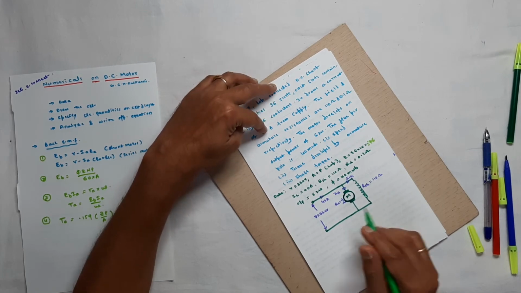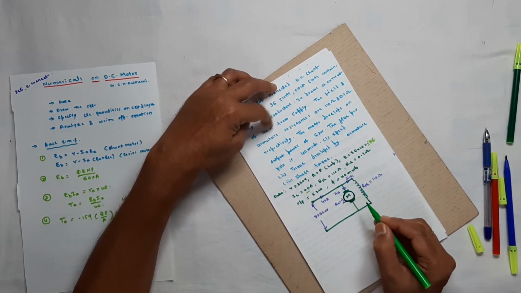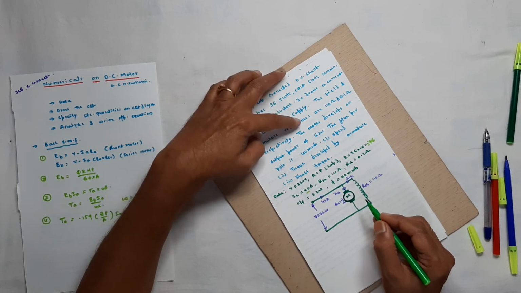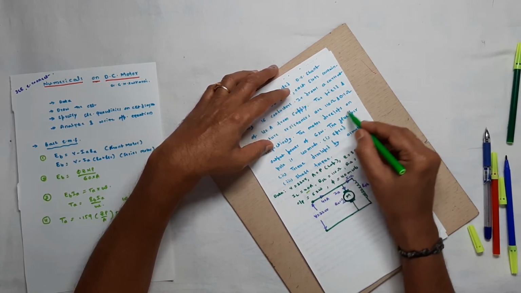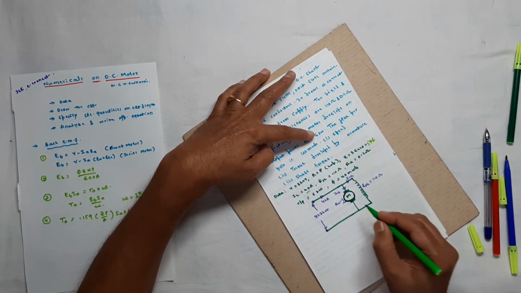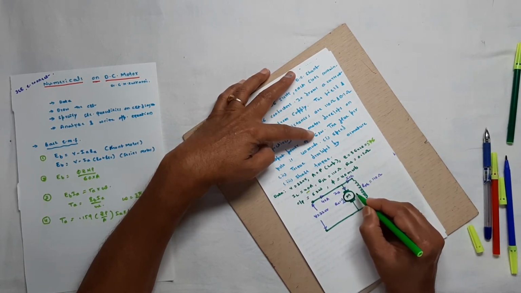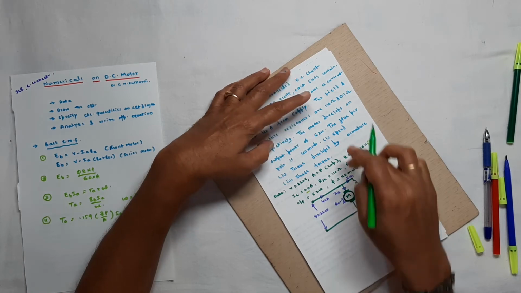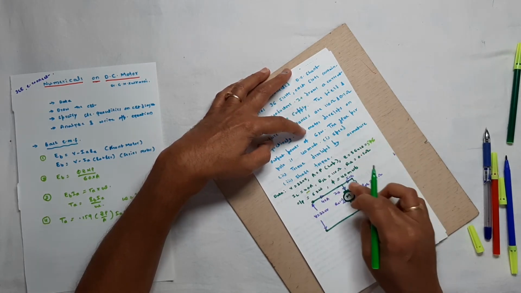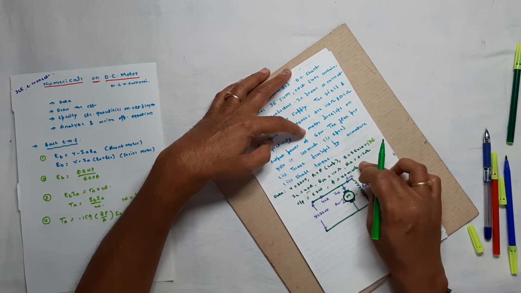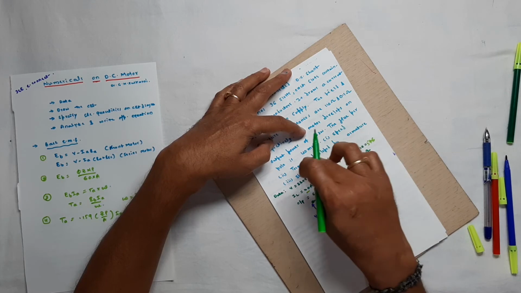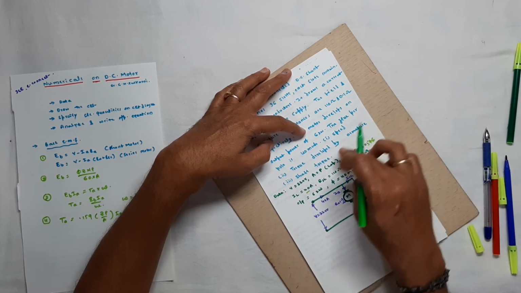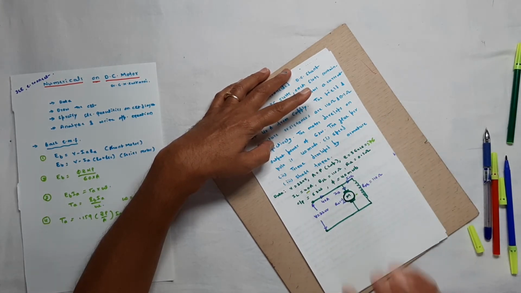It draws a current of 40 amperes. It draws a current means it is IL, that is 40 amperes. The field and armature resistances are 110 and 0.1 ohm. The motor develops an output power of 6 kilowatt. The flux per pole is 40 milliweber. Everything is given here. Then he asks you to find out speed, torque developed by the armature, shaft torque. We will go one by one.